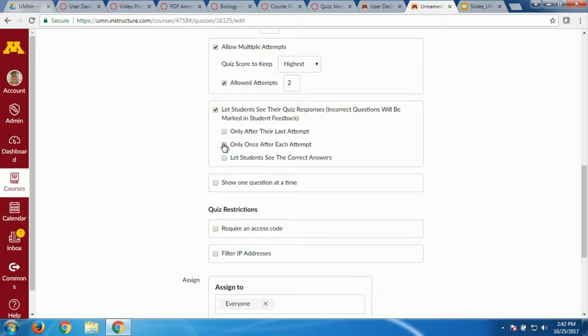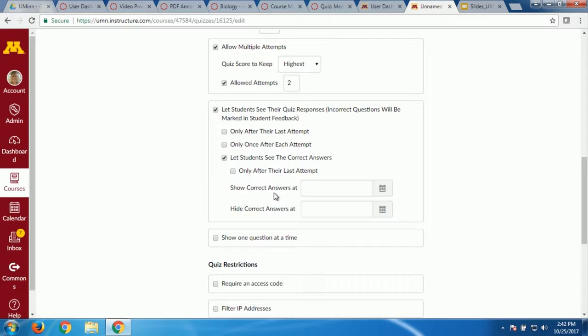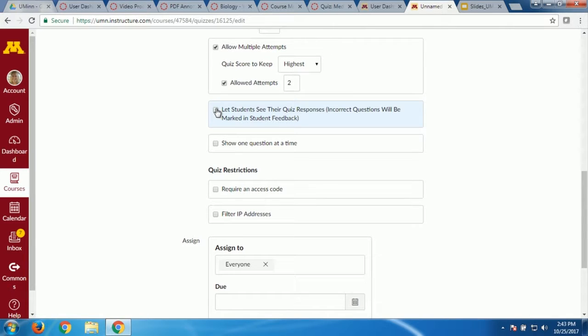Now, a side note with this, our students are smart. If you let them see their feedback, there's no promising they don't screenshot that feedback or copy and save that feedback somewhere. So just be wary if you do allow them to see their feedback, there still could be some cheating and sharing and saving going on. You could also wait and schedule a time frame they get to see their feedback. So you can say, all right, I'm going to let them on Friday in class view their feedback for the first 30 minutes of class, and just give them a window of time to do that. So you have some limitations. Just know students are smart. They know how to screenshot and take photos of feedback. So we live in a digital age. It's not too hard to do that. If you want to completely hide it from students because of cheating, you can.